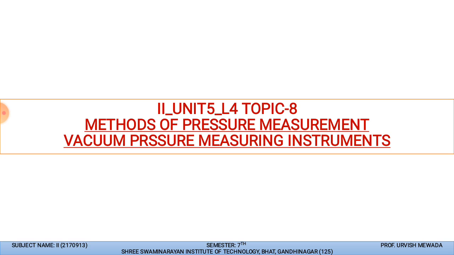And then we discussed the next method, the capacitive pressure transducer for pressure measurement, in which we also discussed the principle and the detailed derivation followed by the capacitive pressure transducer. We also discussed the advantages and disadvantages related to the capacitive pressure transducer. Now this is our topic number 8 and lecture number 4. So this is the last lecture of this chapter.